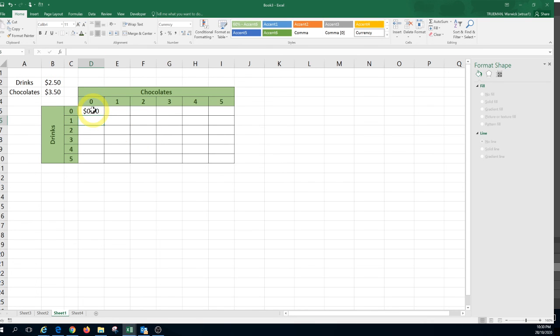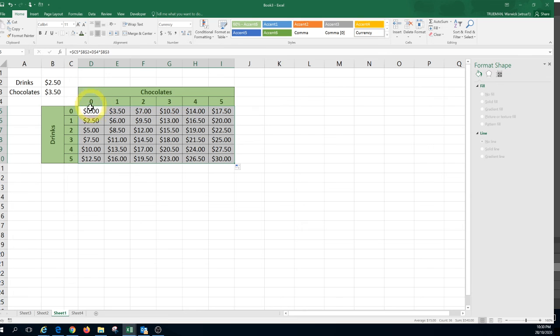Hit enter, no money. Well, that's what you expect. And when I drag across, so no drinks, 1 chocolate, $3.50. No drinks, 2 chocolates, $7. That seems to be working. Drag that down. No chocolates, 5 drinks, $12.50. Yep, that works. Over here, you've got 5 drinks and 5 chocolates, $30. It's worked. So that's how you can save yourself a lot of effort by doing absolute and relative referencing beforehand,